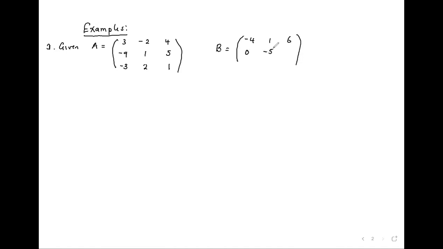So, one, given A is equal to 3, negative 2, 4, negative 9, 1, 5, negative 3, 2, 1, and B is negative 4, 1, 6, 0, negative 5, 2, 1, 4, negative 3. Compute